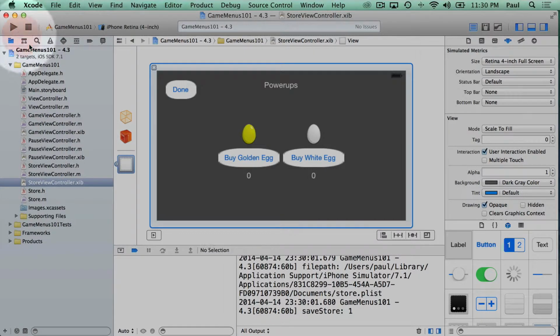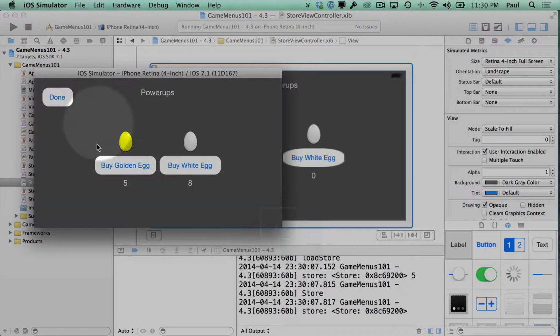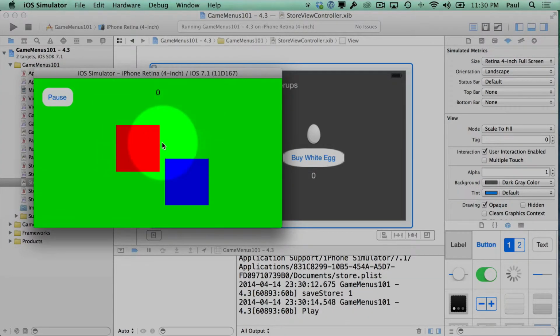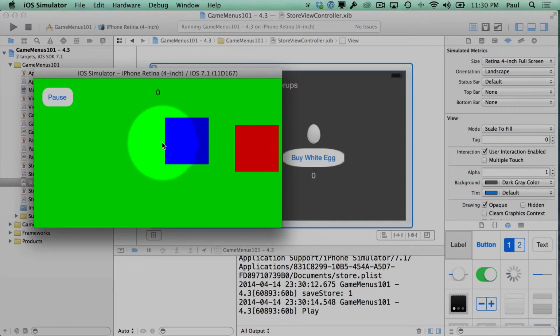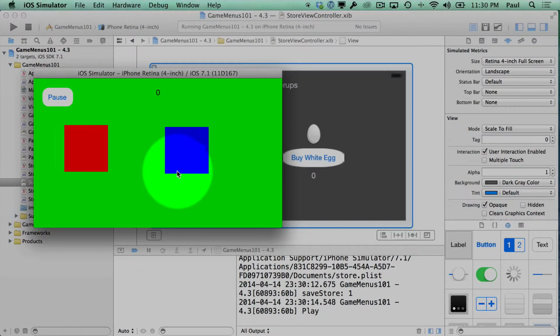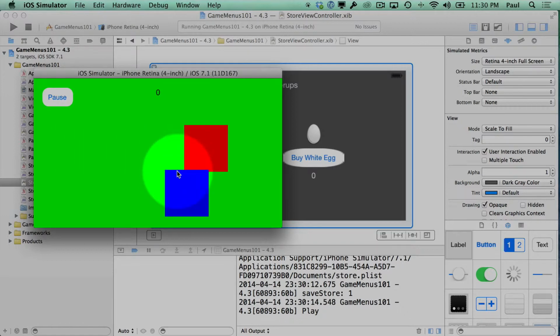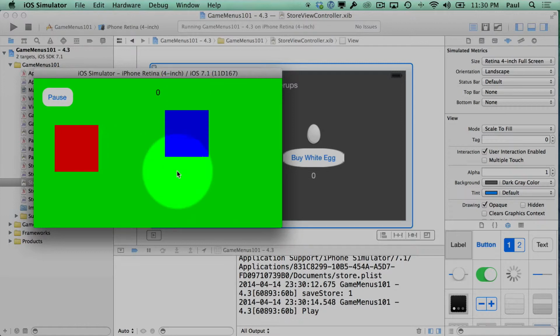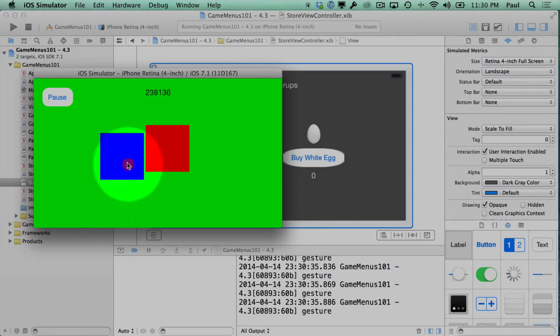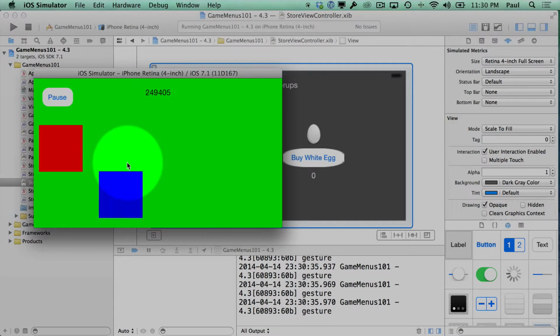I'll undo that change and rerun it so that we don't have the store screen going on top. Now here you would want to customize your background on the store screen. You'd want to customize your buttons a little bit more, but this is the core functionality and here's your game. Now this game window doesn't need to be this simple game that we've created in this video series. You could incorporate Cocos2D or you could incorporate SpriteKit and really build out a real game using that. Now, that's not to say that this isn't a real game. It's probably not a game that a lot of people would want to play,